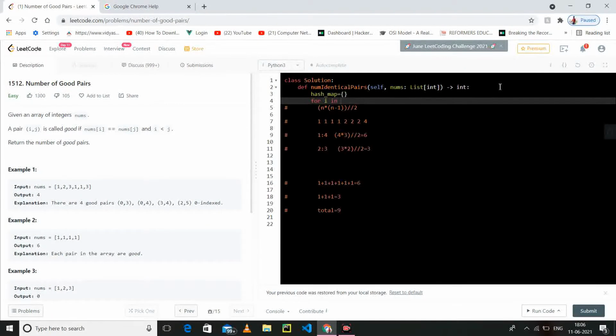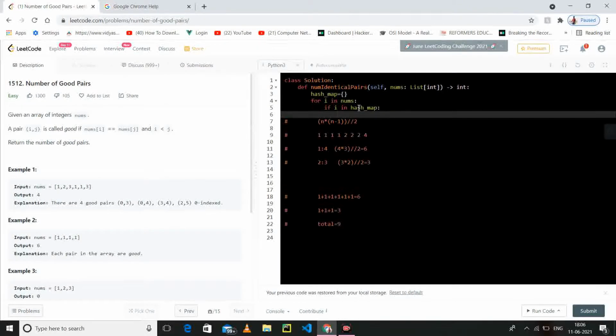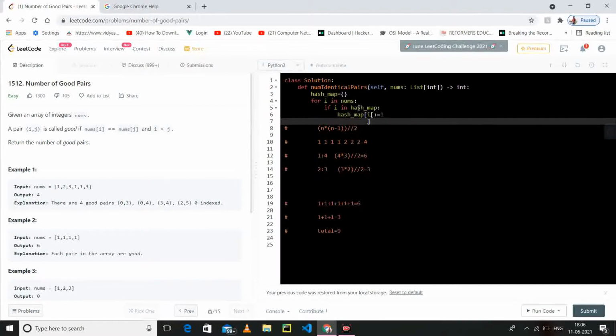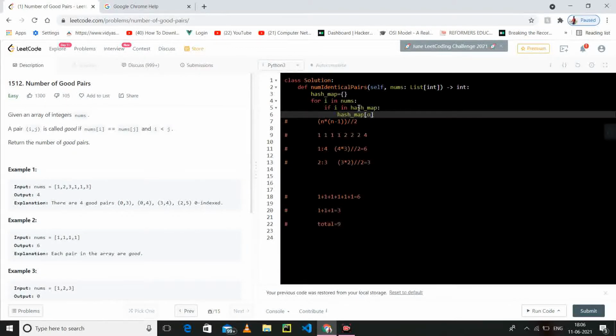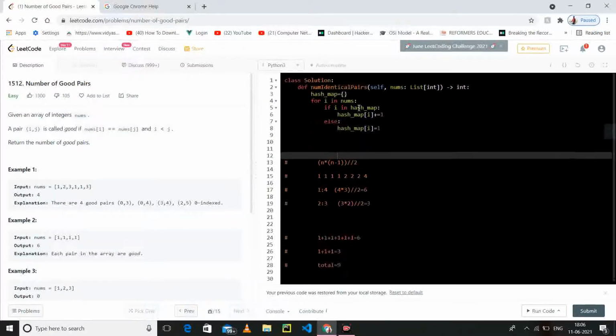For i in nums, if the value which I am traversing right now is already in the hash map, then we just add plus 1, else we do nothing, just assign 1, because the frequency is 1.